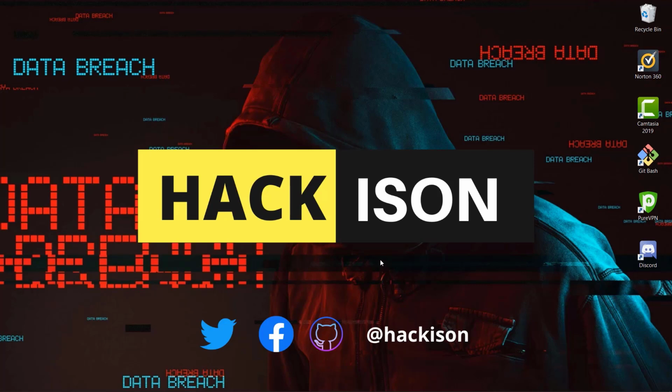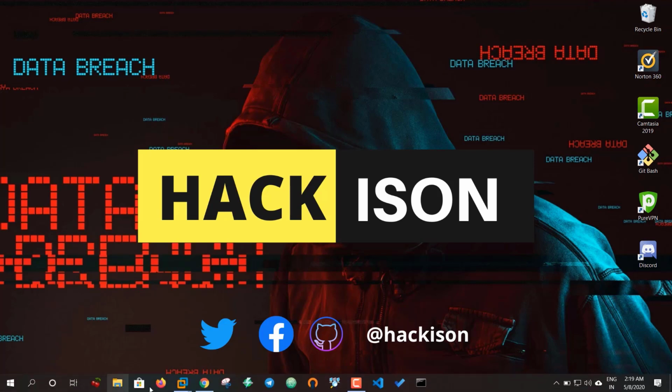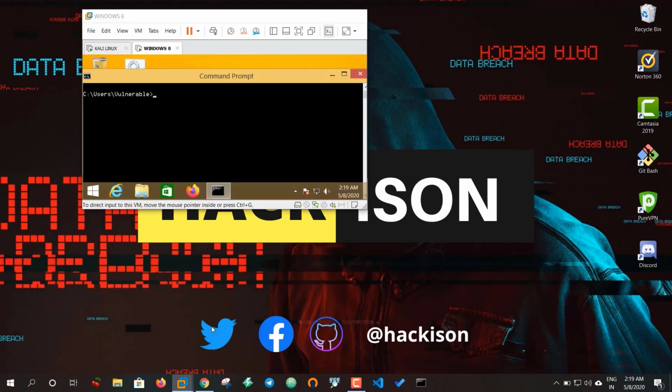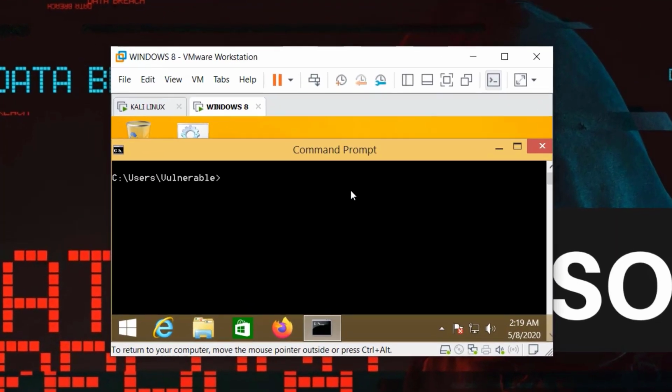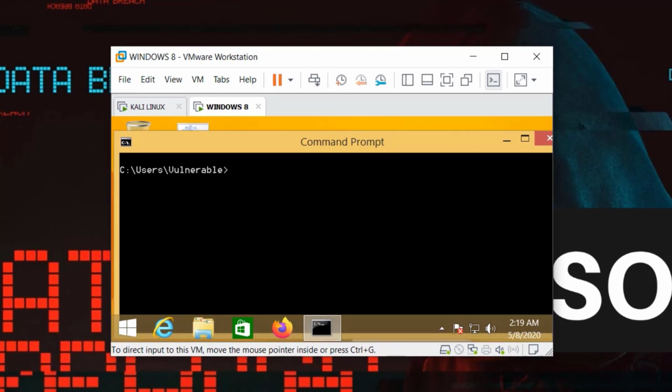Okay, now let's start with the practical phase. For this practical phase, I'm going to use Windows 8, which is my vulnerable VM. Windows 8 machine is our victim, and our attacker machine is, as usual, Kali Linux. So let me craft the payload here.